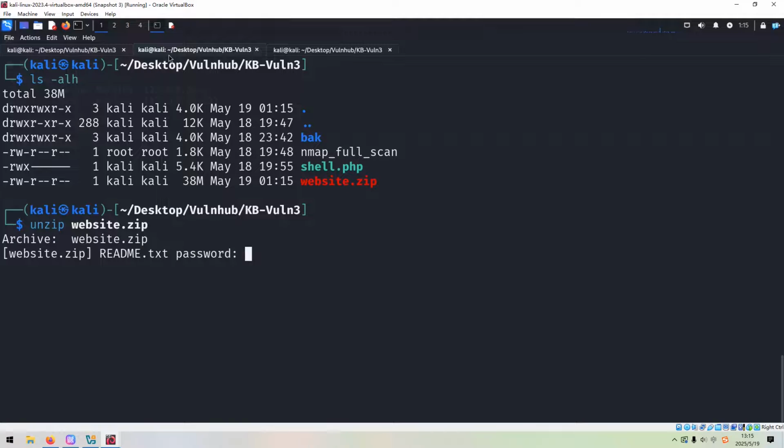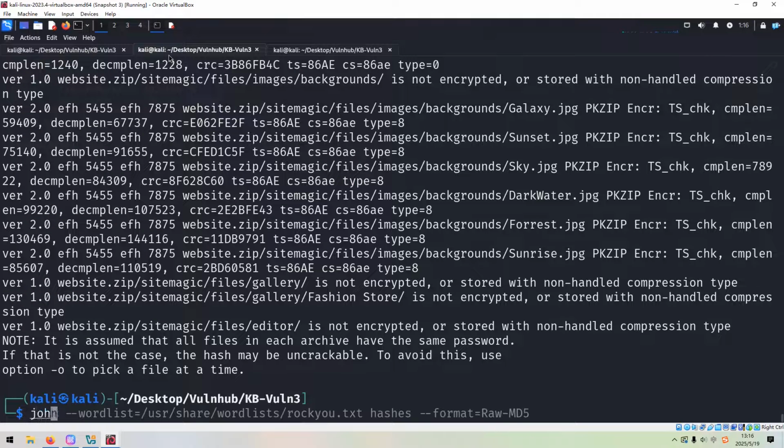But this file is protected by a password. We can use fcrackzip, or alternatively we can use John the Ripper to crack it. So in this video, I'm going to use the latter one. But to use John the Ripper, we need to convert this zip file to a hash value. Okay, so how to do that? We can use zip2john and write to hashes. Okay, so now we can use John the Ripper